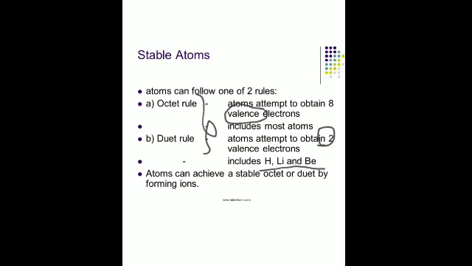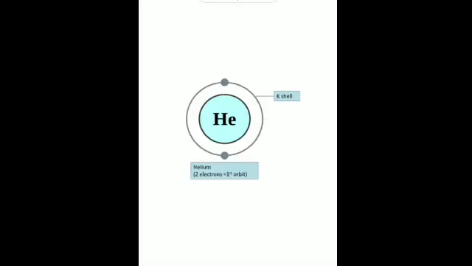Is it clear? Then for understanding the Bohr-Bury scheme of electronic configuration, let's look into these examples. Now, helium has an atomic number of 2. How do we represent it? We have already studied how we represent it. We write it like this. The mass number is written over here and the atomic number is written here.